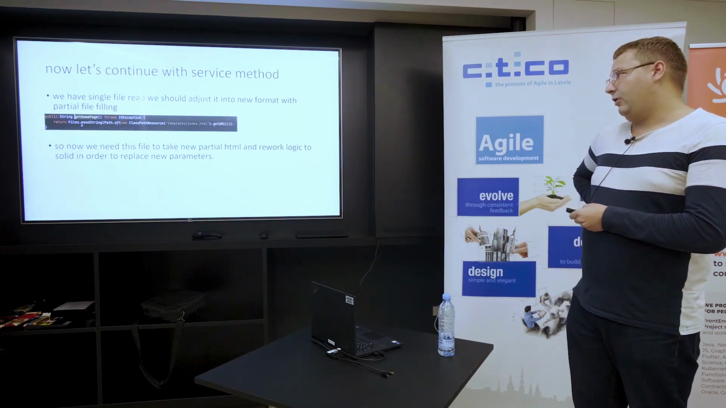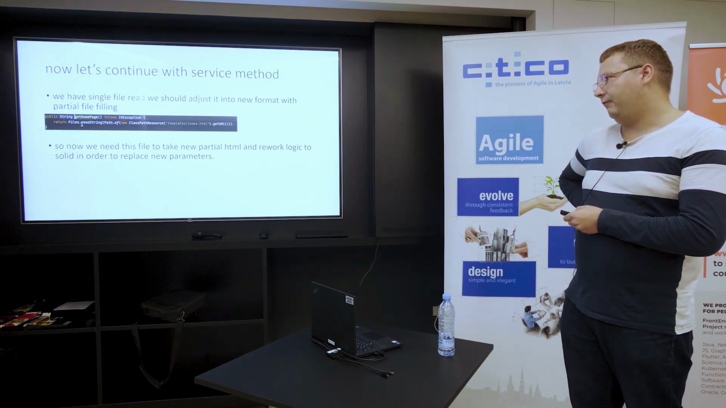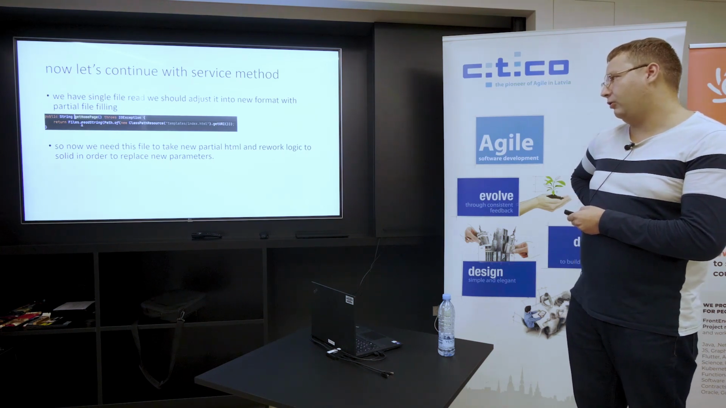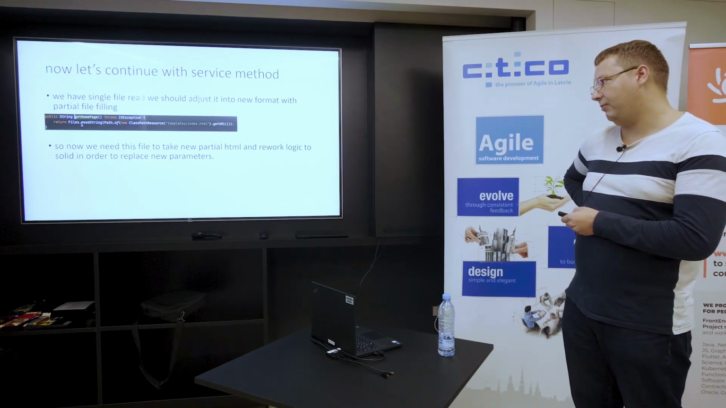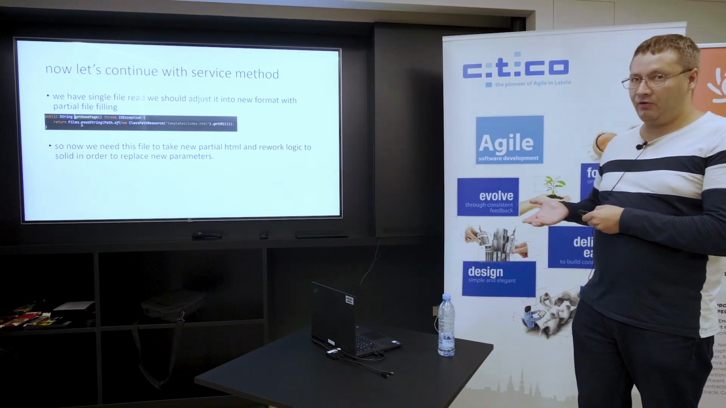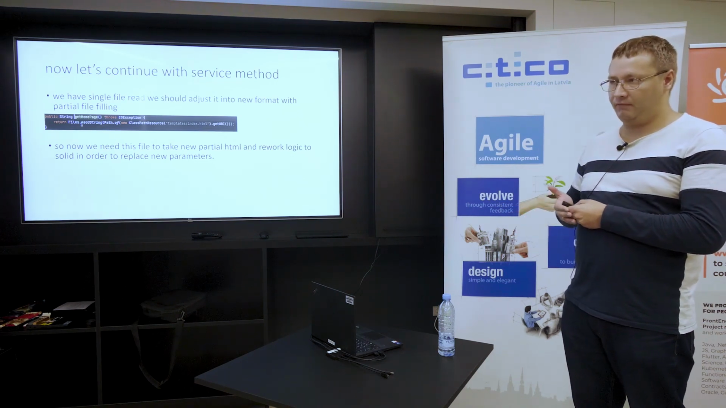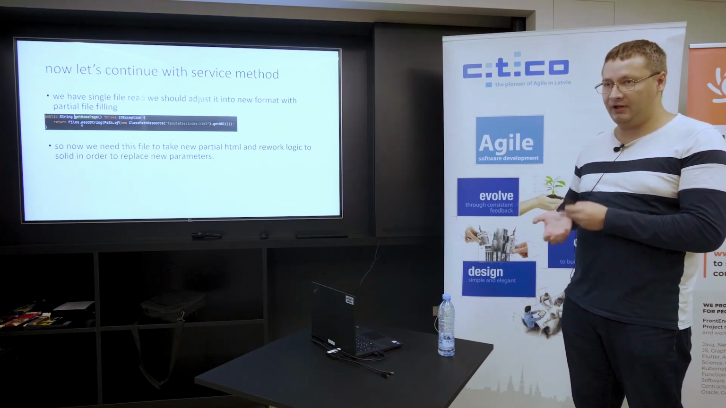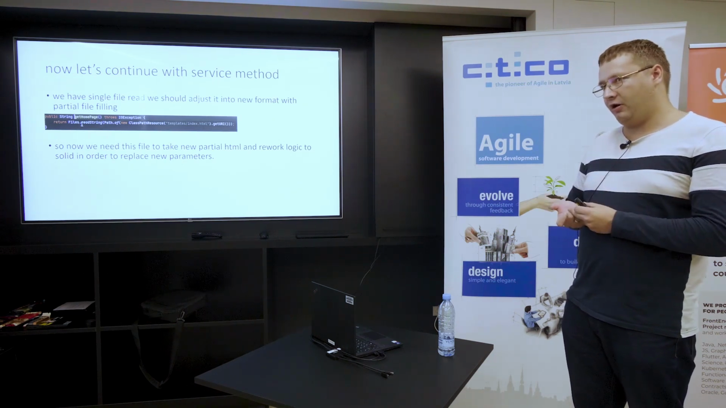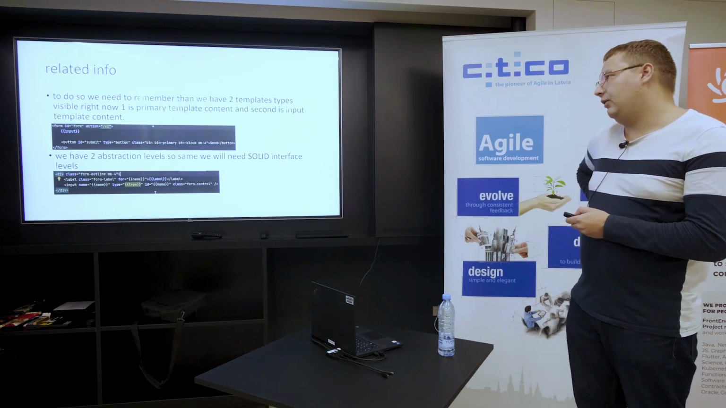We have a single file read which we should adjust into the new format with partial file filling. So we need this file to take the new partial HTML and rework the logic to solid in order to replace new parameters. What we have is one file reading. It is static, not dynamic, and we should rework it to multiple files: for input a single file, for nav item a second file, and for index HTML a third file. So the first thing we should do,